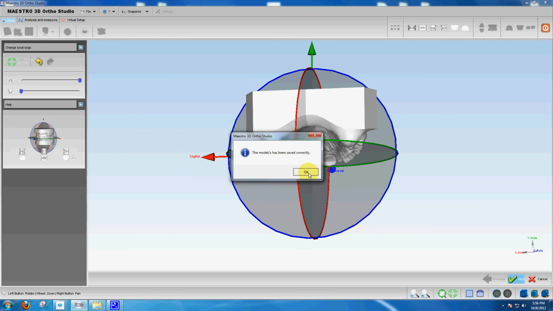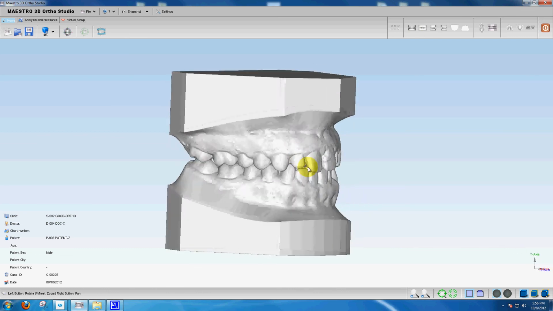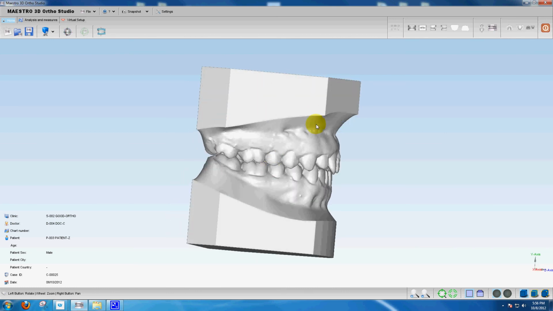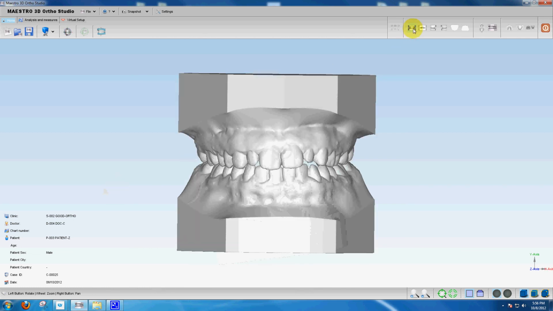models. And now when I choose the head-on view, you can see how the models are oriented correctly. So this local origo can be changed at any time, and really its initial presentation is dependent on how the models were oriented within the scanner just prior to the scanning process. What you see here is the view of the camera within the scanner as to how the models were positioned on the turntable. So the better the initial orientation, the less of a local origo error you're going to run